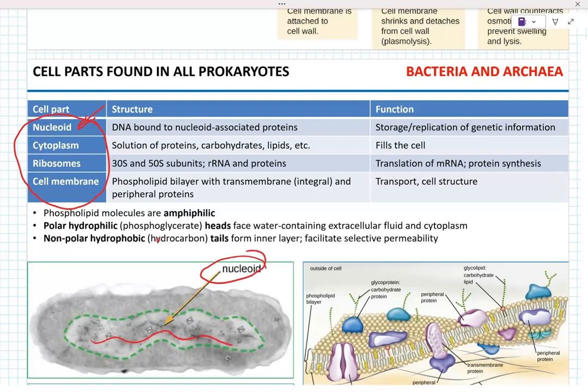They have cytoplasm, that fills up the cell. They have a membrane that surrounds the cell, bounds it. And they have ribosomes, which are small non-membrane bound organelles consisting of RNA and proteins, which translate mRNA, synthesizing proteins. Okay, everything else